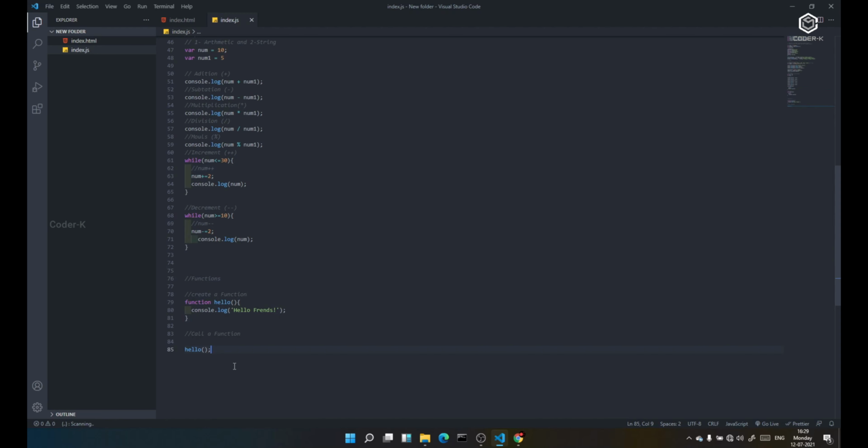This is the function, how we use the function, like how to create a function and also how to call the function, guys. Functions are a very important topic, guys, in JavaScript or any programming language like Java, Python, and also C, C++. Functions are very important because we use functions in various ways. We call the functions multiple times.